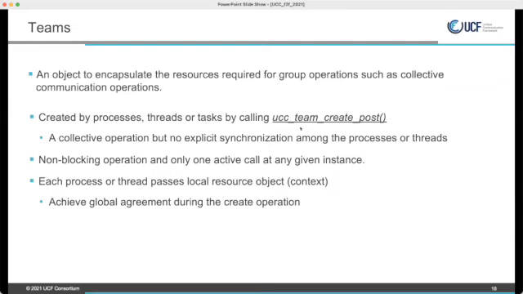It is created by UCC team create post. It doesn't really require explicit synchronization, but there is communication between all the participants of the team. So it's a non-blocking call. However, only one operation can be active at a time.